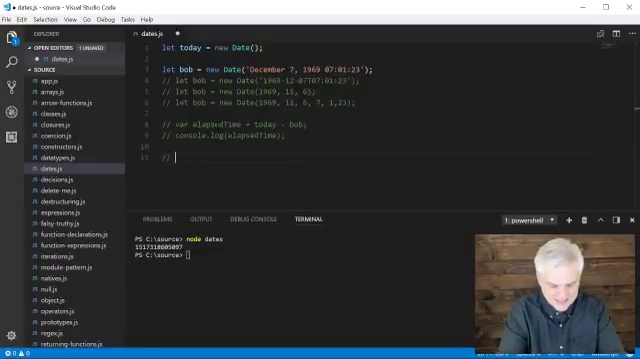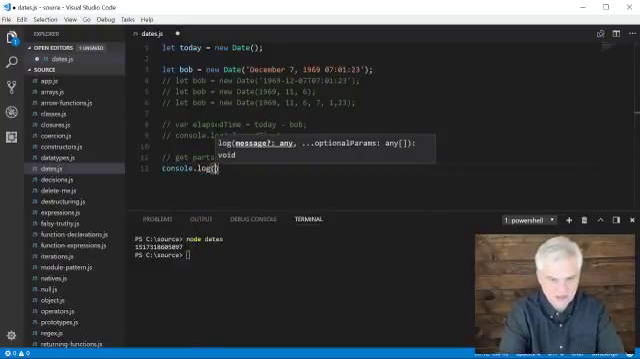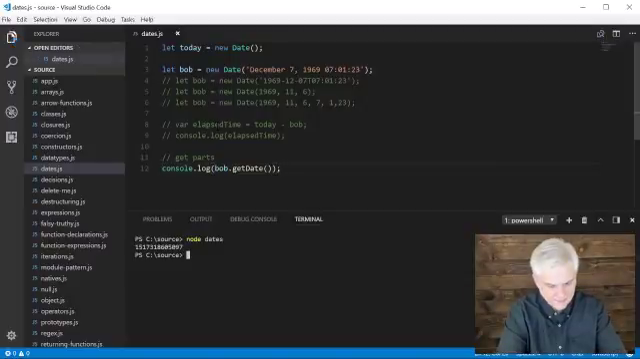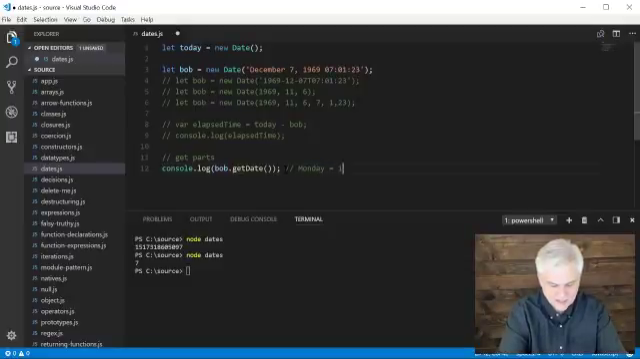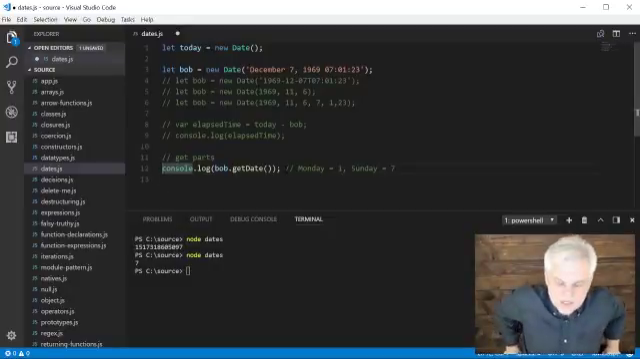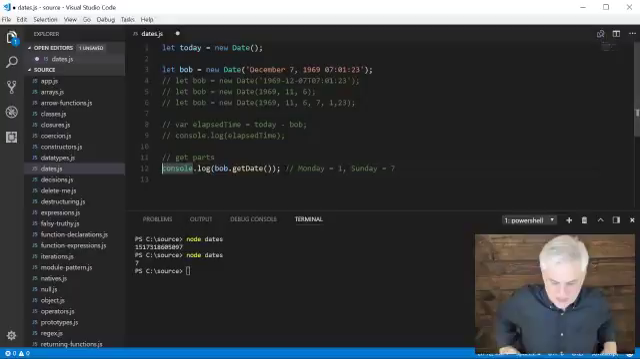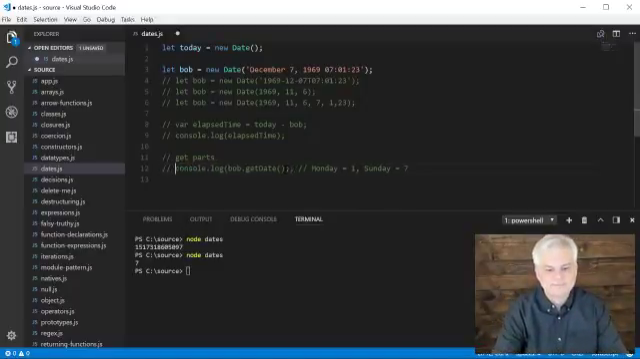You can also get parts of a given date. So I can go console.log bob.getDate, and it returns 7. What does that represent? That represents the day of the week. So in this case, Monday would equal 1, and Sunday would equal 7, which seems a little backwards to me, but hey, that's what you get when you create a language and you set null equal to object and other kind of quirks like that. Moving on,